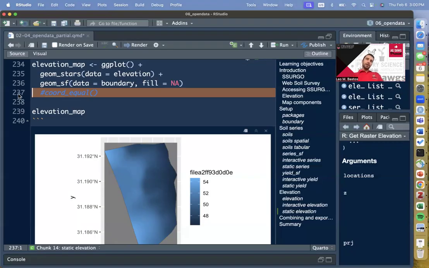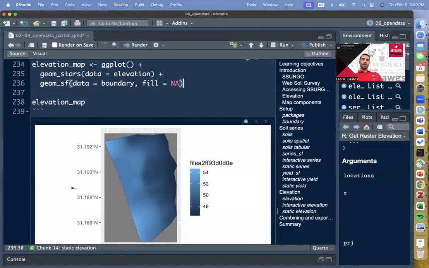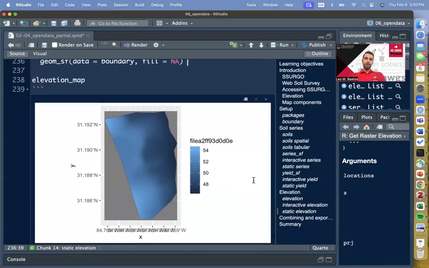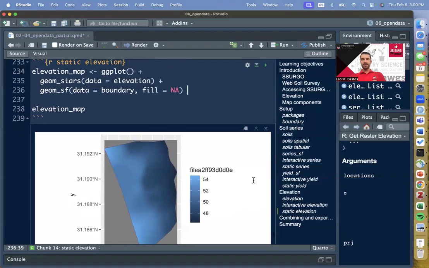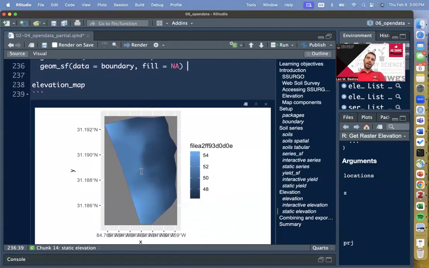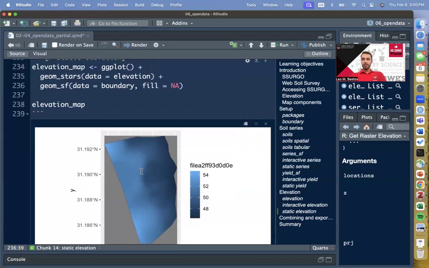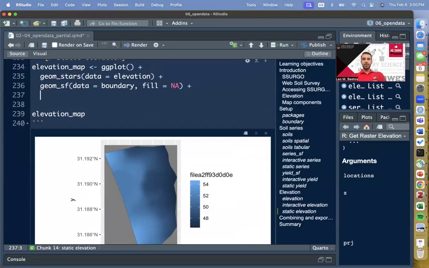Okay, so I'm gonna delete the chord equal here, but that was just for your knowledge. All right, I want to change a few things here. So one of them, as always, I will change this color scale to be colorblind friendly. We're gonna add a plus, because